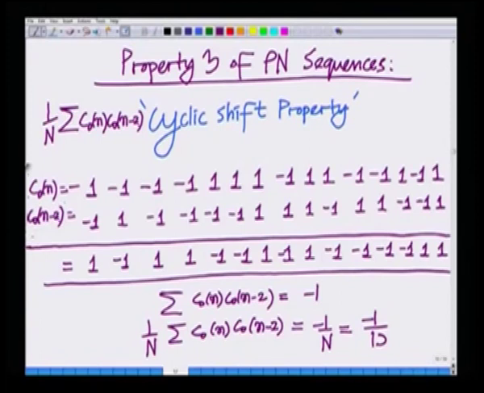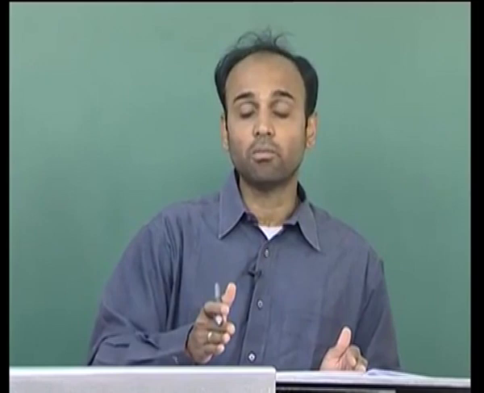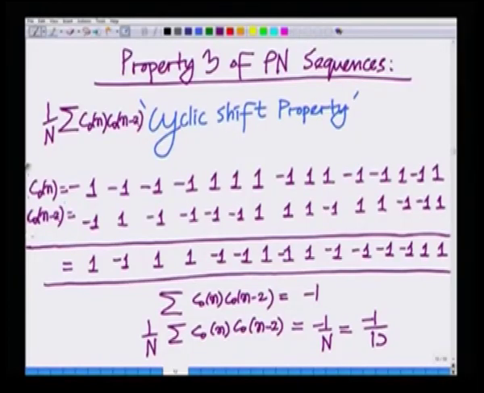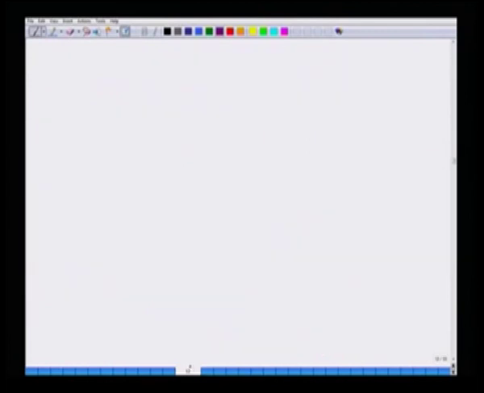So, that correlation is minus 1 over 15, and you will find this is not unique to a shift by 2. If I take any shift other than the trivial shift, which is 0, 0 is no shift. So, if I take any finite shift, that is 1, 2, or even if I shift to the left, if I take minus 1, minus 2 and I compute the correlation, it will exactly be minus 1 over 15. So, the shift property states